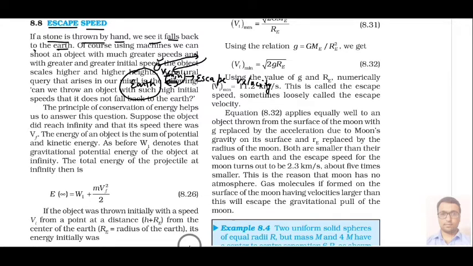Now we will try to derive this expression. Here we have our planet Earth, and suppose a particle of mass small m is placed over here. The distance between the particle and the earth surface is small h, and we have considered the radius of the earth, from the center to the surface, to be Re.